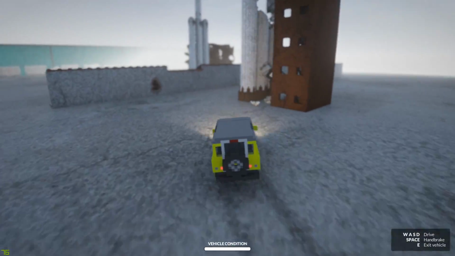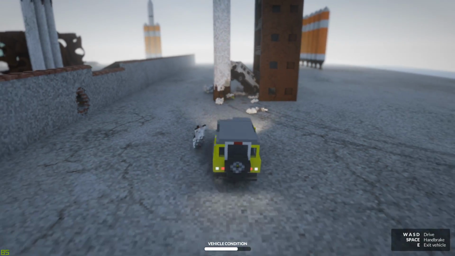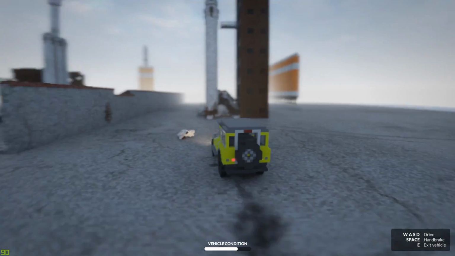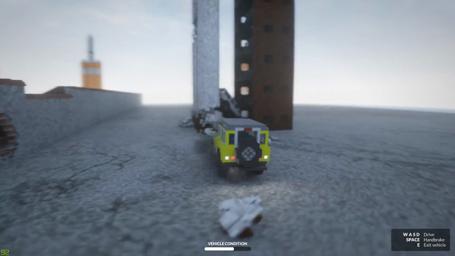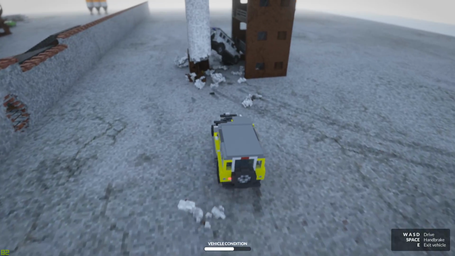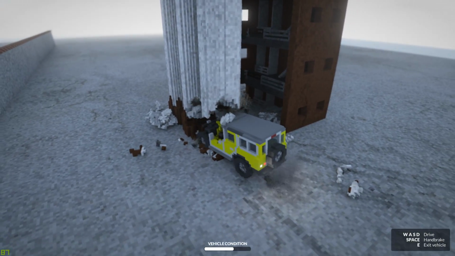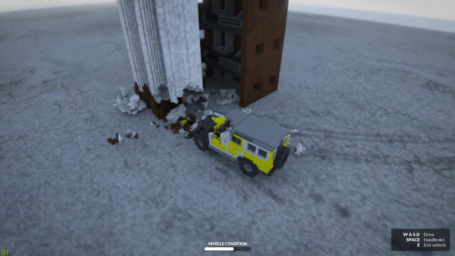I wonder what happens if you just ram this thing. Oh, okay, not much. Let's just do that again. I'm happy that I made more than one of these Jeeps. I should fill up this entire area with cars as well. So always, what am I trying to say here? So we always have something that we can use